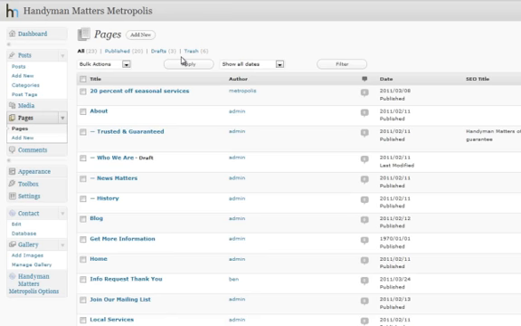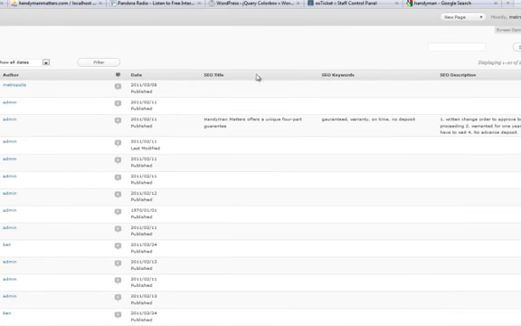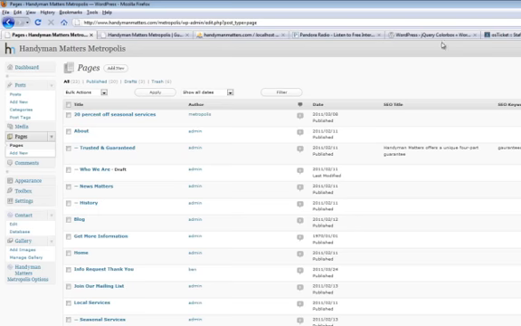And then once I'm on the list of pages, when we have this capability activated, which we will by the time you see this video, you'll see an additional 3 columns on your page list: SEO title, SEO keywords, and SEO description. What we're going to do is walk through this on our About page, just a quick example, and then you'll have an idea of what these fields do and what you should be doing with them. So for the About page, we're going to click Edit,